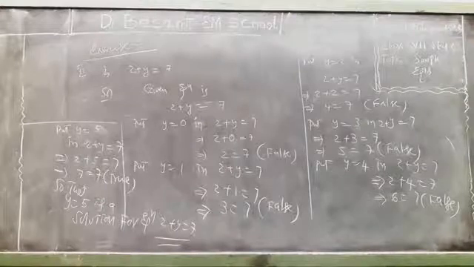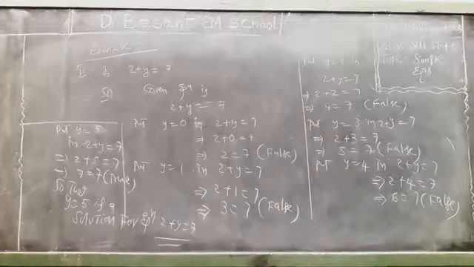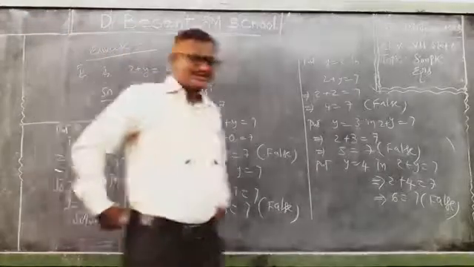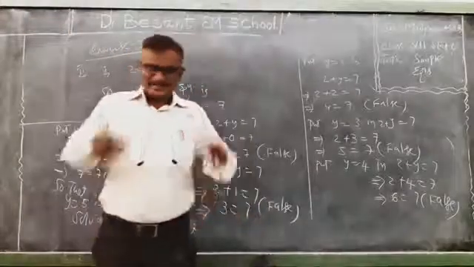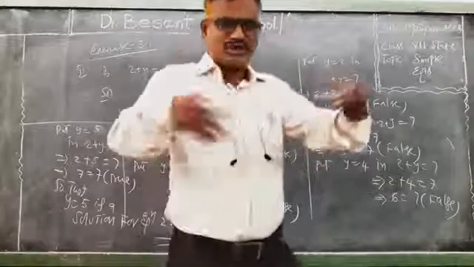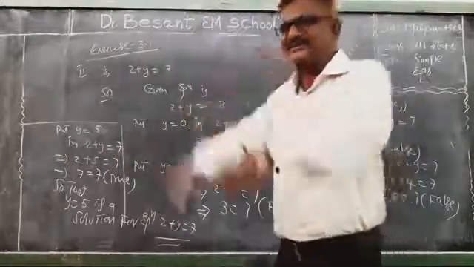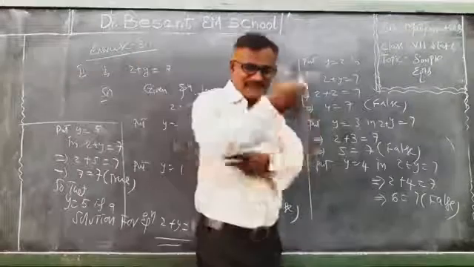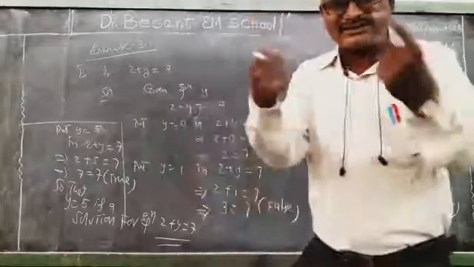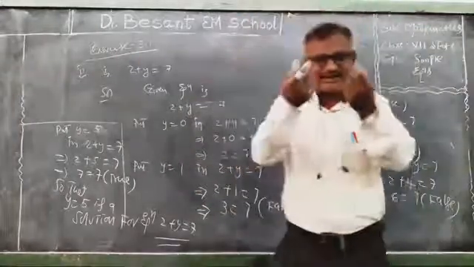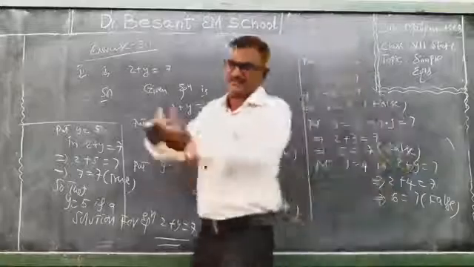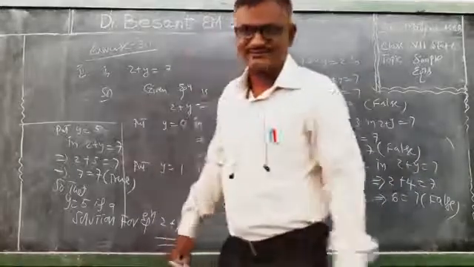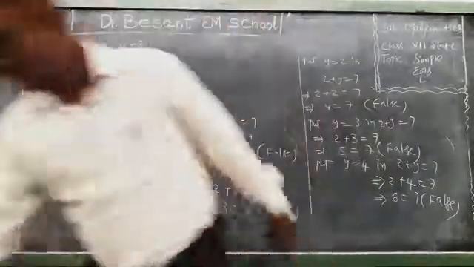Okay children, I hope you have understood this problem. This is nothing but the trial and error method. Simply, trial and error method means keeping values y equal to 0, 1, 2, 3, 4, 5, and so on in the variable in the LHS. At whatever value of the variable you get LHS and RHS both the same, that particular value of the variable is called the solution for that given equation. Did you understand?